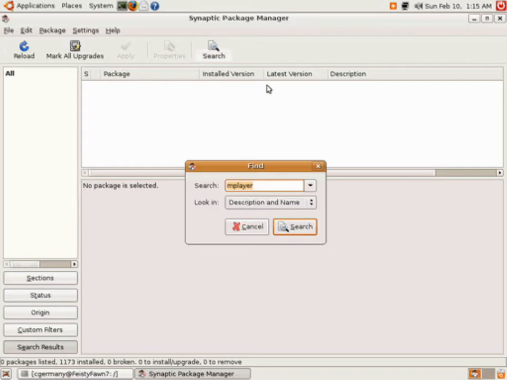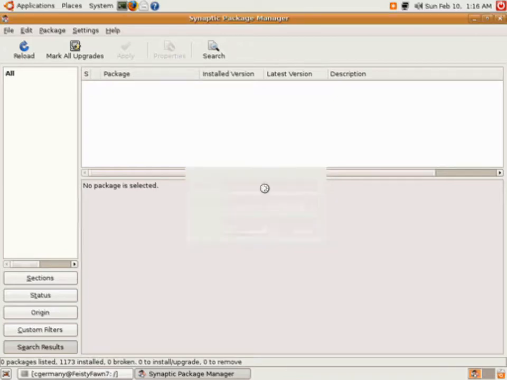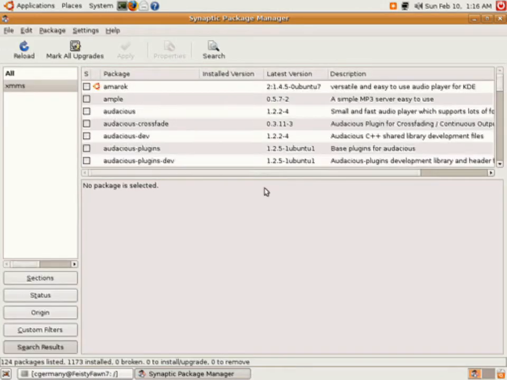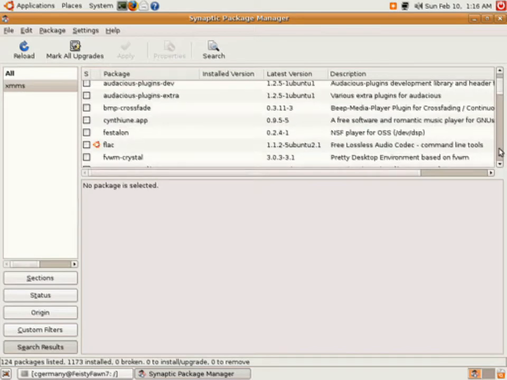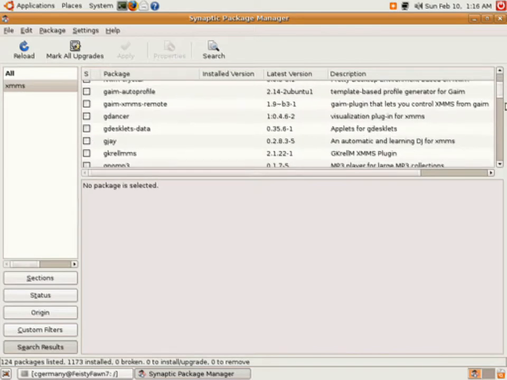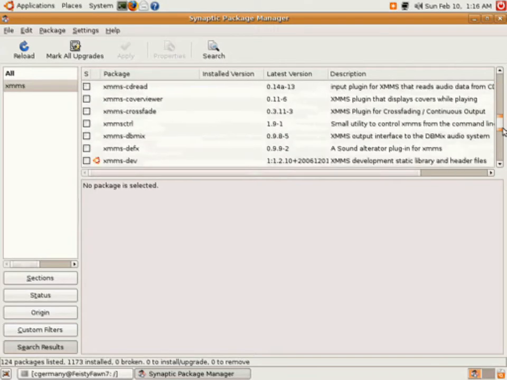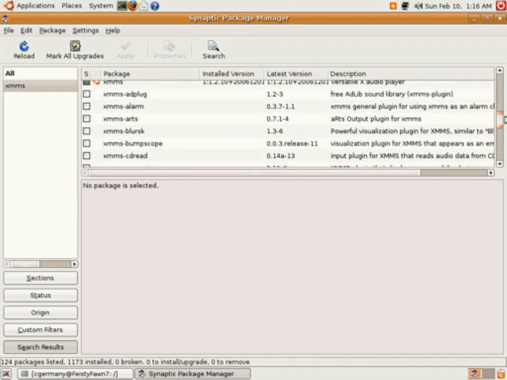And I'm going to go back to the package manager. I've got my MPlayer. Want to come back and get some MPlayer plugins, but while we're here in Synaptic, I'm going to go ahead and add a few plugins to XMMS as well, just to increase its functionality, and we'll be done. Now there are so many more things to cover in Linux, but at least we'll be about done with the multimedia portion of that. So let's go over here, starting at XMMS,